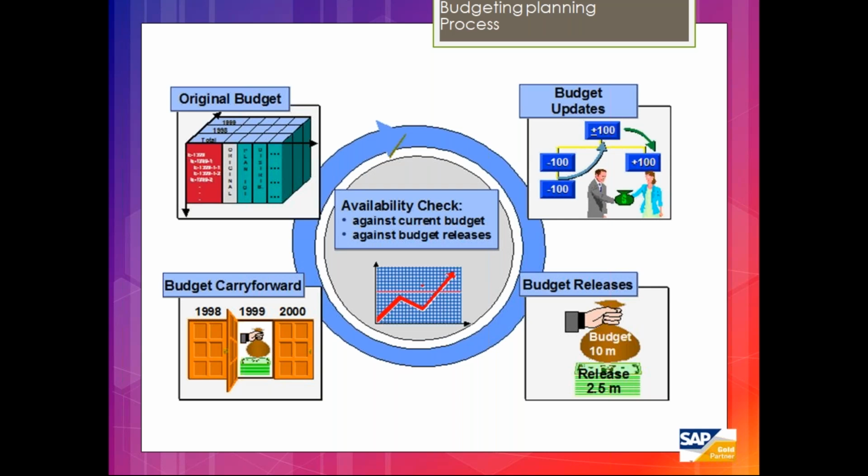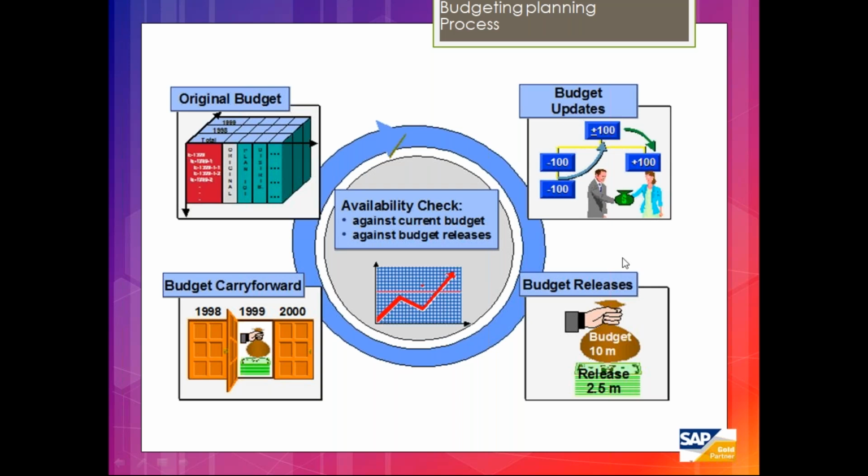Then we have budgeting. So initially we have two types of budget. Either you can go with the annual based budget or an overall based budget. Okay. Then under that we have different functionalities like budget update. Like if I want to update the original budget, like a supplement of budget or transfer of budget, that is called budget update functionality. Then we have budget carry forward, from one financial year to another financial year. If I want to transfer my budget, that is also possible.